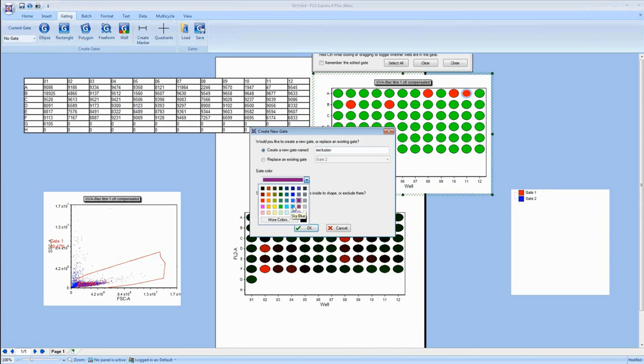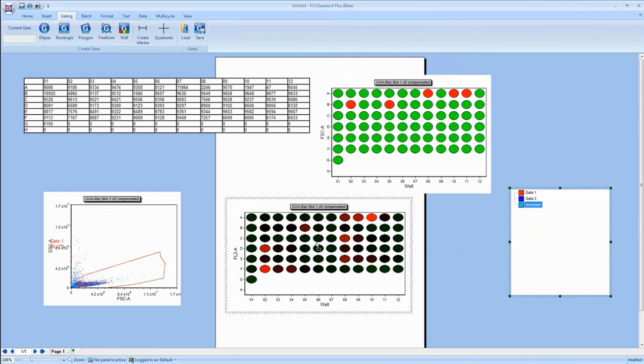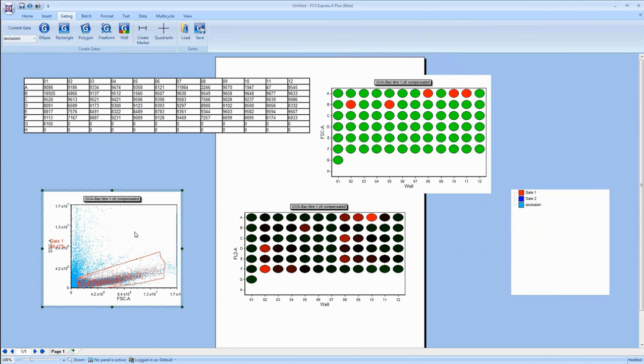And I'm going to make these sky blue. And what I'm going to choose here is exclude these events. And when I click OK, I'm also going to highlight these other wells here to exclude them from the analysis and click Close. So this exclusion gate now, if I take this and apply this over to this dot